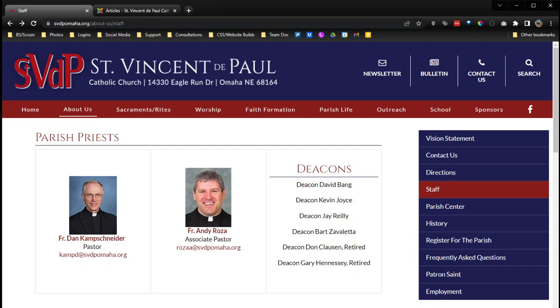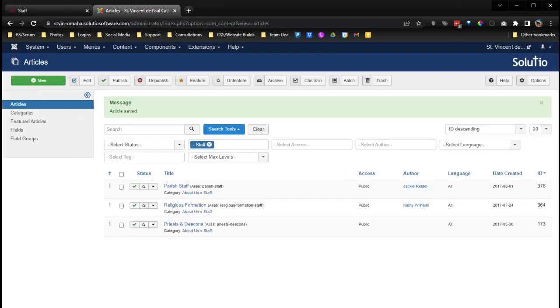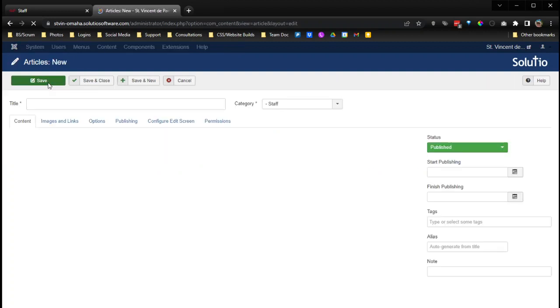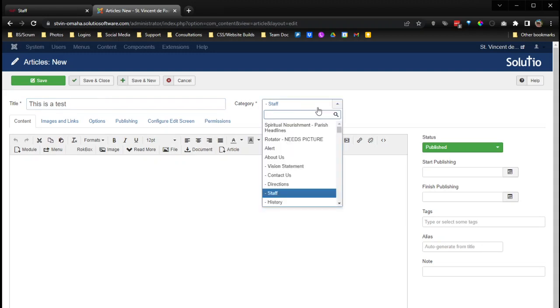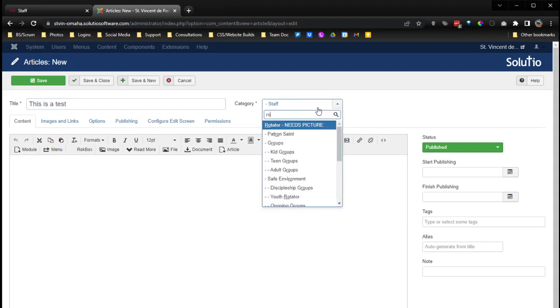pages will be displayed. So the first thing we need to do is log into the back end of the website, and we're just going to create a new article for those staff. So we're going to give it a title, and then for category, it's going to be the person's last name. So if we're doing Father